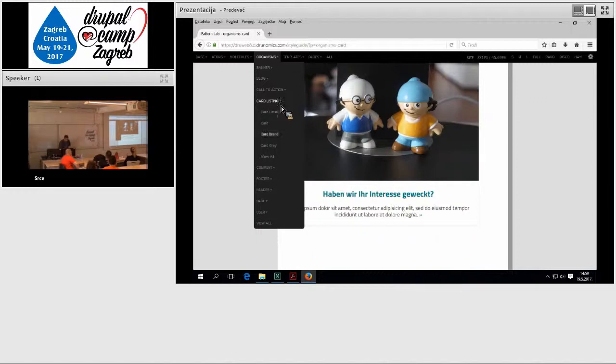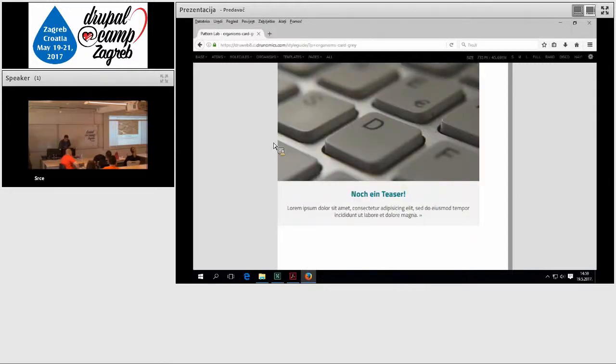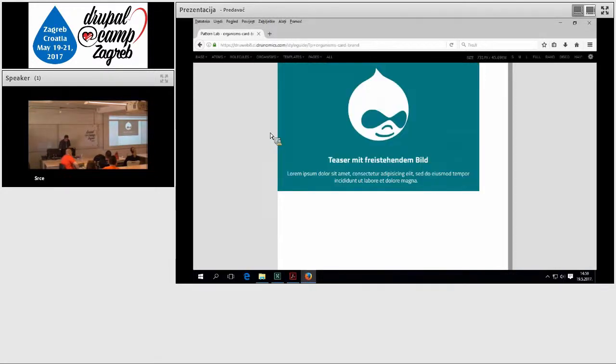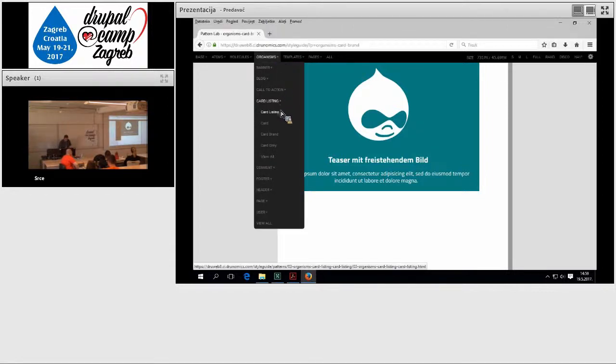And then you can also have variations of it. This is just a gray card, and a branded card, which is just a variation done in CSS with a modifier, which is very easy to create. But the interesting part is